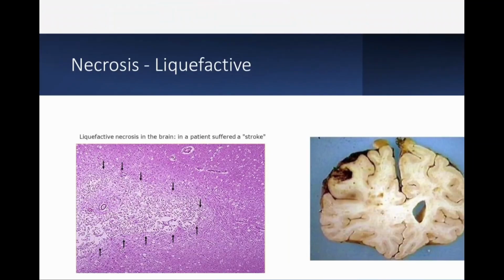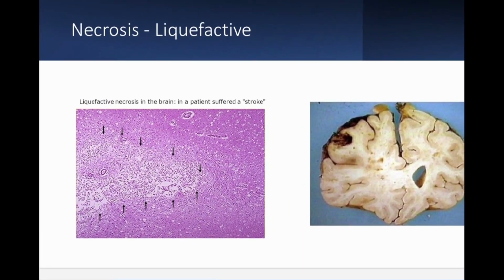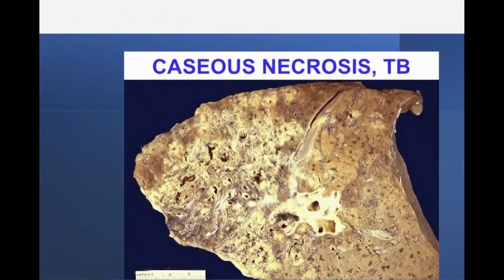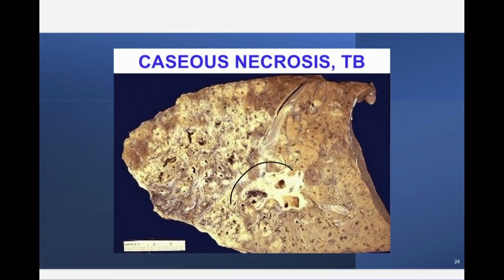So here is liquefactive necrosis. You can see here how this whole area is losing its color because all the cells inside are starting to dissolve and open all their contents and pour it all out. And you can see here, obviously, there's damage right there, and there's a big hole in the brain where this stuff just turns into like a very soft cheese and just melts away. So that's what liquefactive necrosis is. Here's caseous necrosis. Puts a lot of little holes everywhere, kind of looks like, again, another soft cheese. But this is caseous necrosis, usually caused by TB.